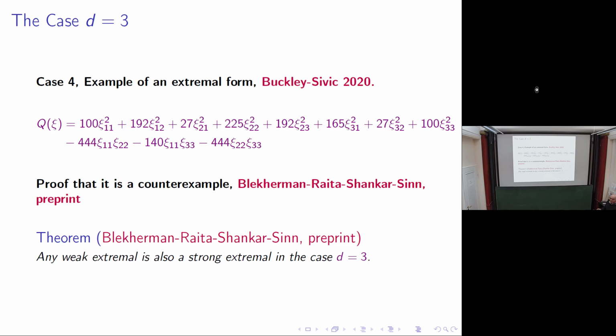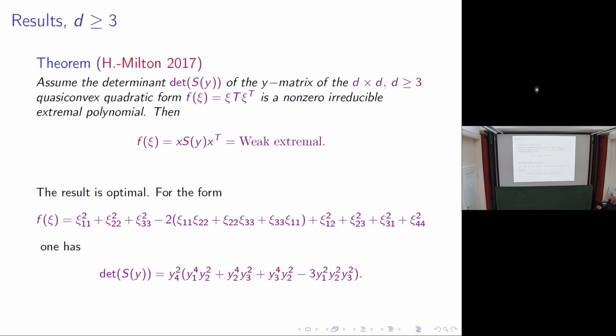And they also proved another conjecture we had with Milton. In 3 dimensions, it's quite rigid, and weak and strong extremals have to be the same. So in 3D, if you have a weak extremal, it has to be a strong extremal. What about higher dimensions? We have a result in higher dimensions with Milton. Assume now we are in dimensions higher than 3, and the determinant is a non-zero irreducible extremal polynomial. We don't require it to be not a perfect square, but to be irreducible. Okay, this is important. In fact, in 3D,